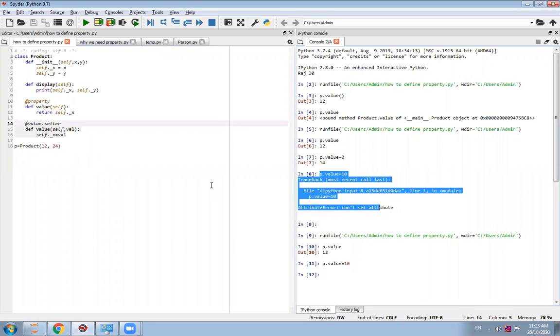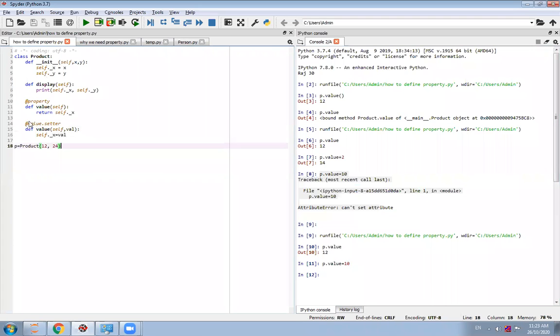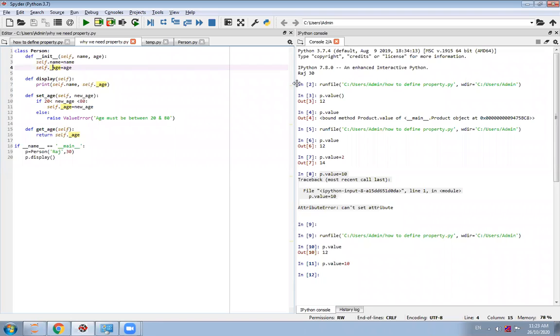This concept we have discussed in the last lecture. It is only a recapitulation so that you can understand the concept of property. Okay. So another concept that we discussed in the last lecture is why we need property. Actually, without property we can implement our program.